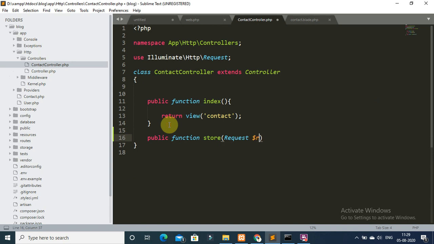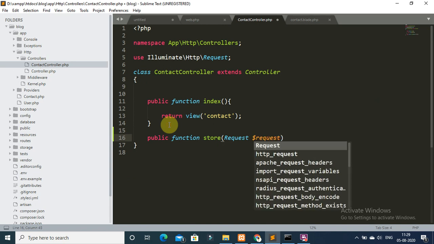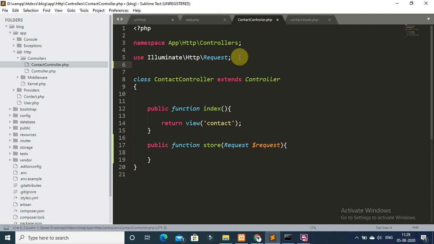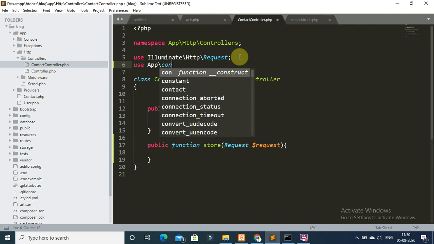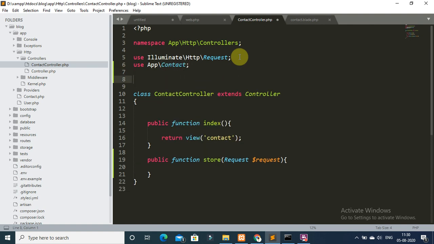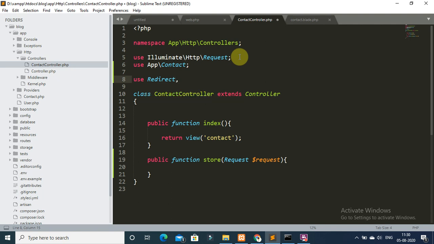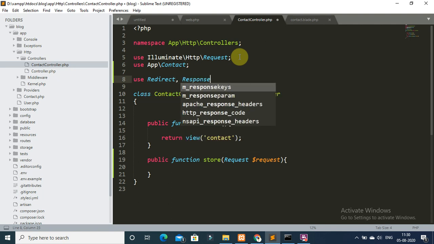And use the request object, and also add on your controller the request object and your model. So use the Contact model, use redirect and response.